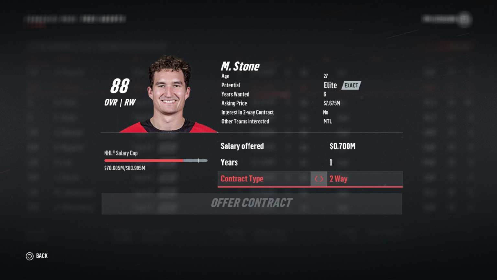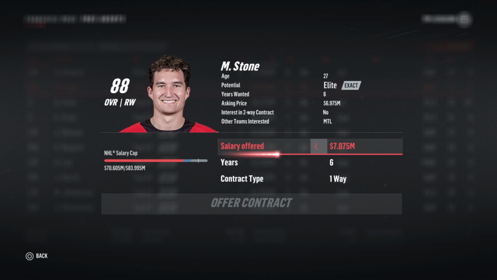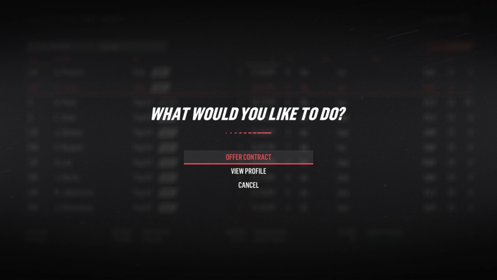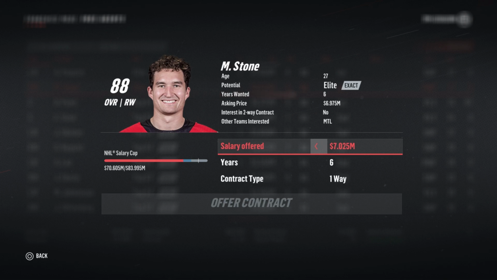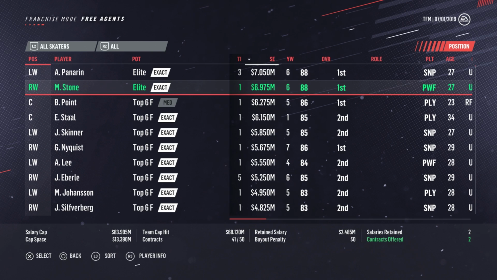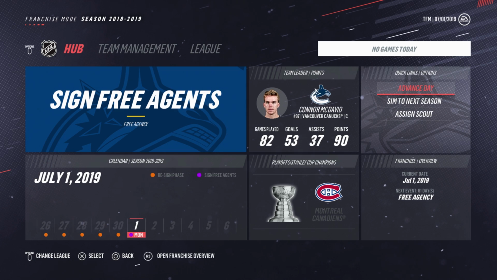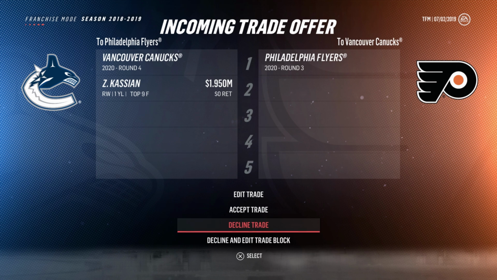Whoops, I didn't want to do that. Let's offer him 7.125. And I don't know if we're gonna have enough to do both of that. Actually, I might have to do a trade. All right, I guess we're gonna just have to hope for the best. So we'll see what happens. If I had to pick one of them to get, I'd want